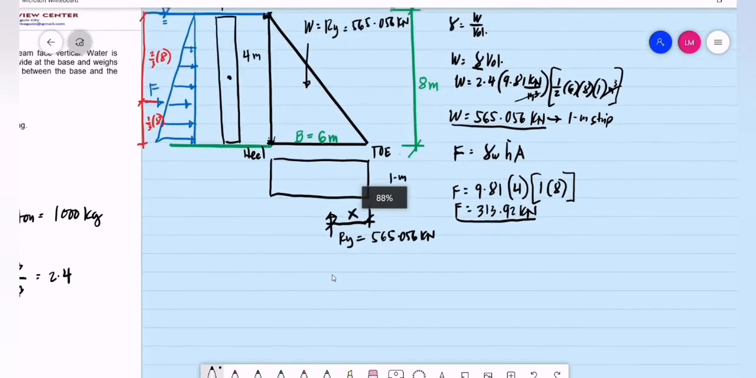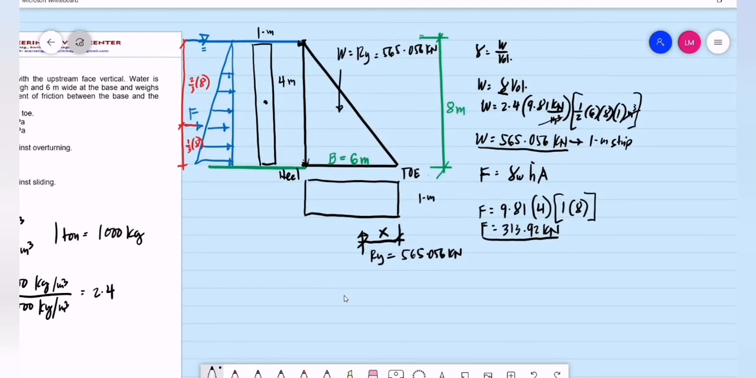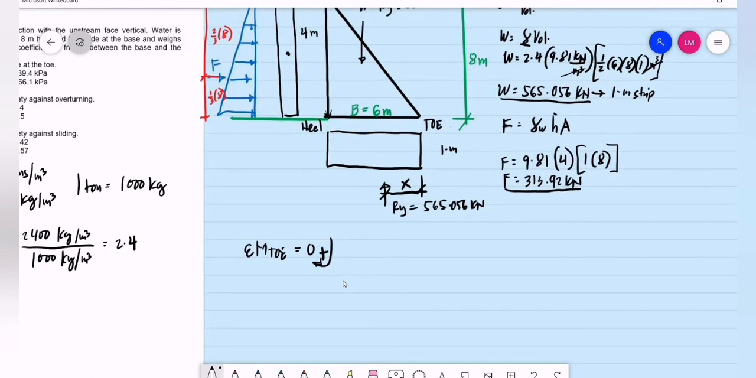So how do we locate this reaction at the base? For problem solving for dam, usually we are doing summation moment at the toe equal to 0, clockwise moments to be positive, just to locate this reaction. So what are the clockwise moments? One of the clockwise moments is this reaction that is equal to